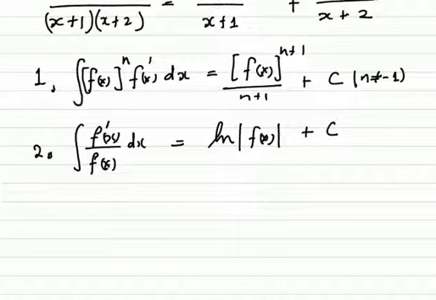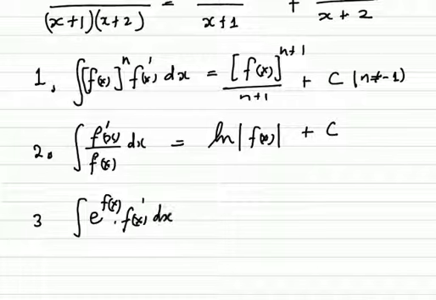And then you get the third, the exponential form of integrals: e to the power of f of x multiplied by f prime of x dx. You know that this is equal to e to the power f of x plus c. You must understand how this comes to that. Then thirdly, we'll basically